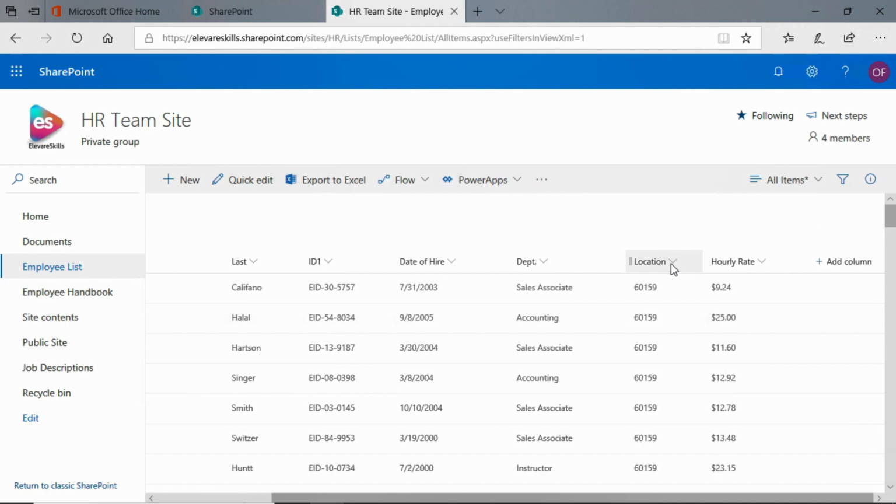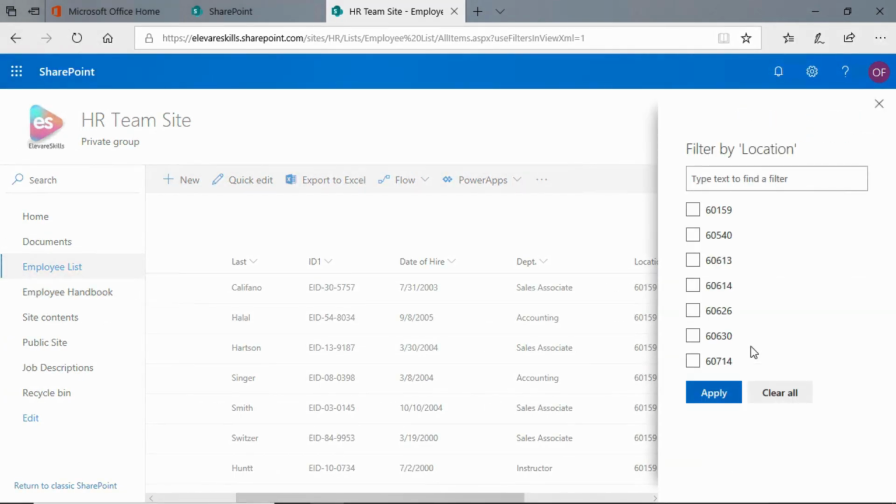So I'm going to click here on the little drop down arrow, and it opens up my pop-up window. Now, right in the middle, you'll see I have the option to filter by. And when I click there, the filter panel opens up here on the right, and it says filter by location, which is exactly what I want. And I can pick any one or more of these locations. I'm going to start with one. I'm going to pick 60159, click apply,